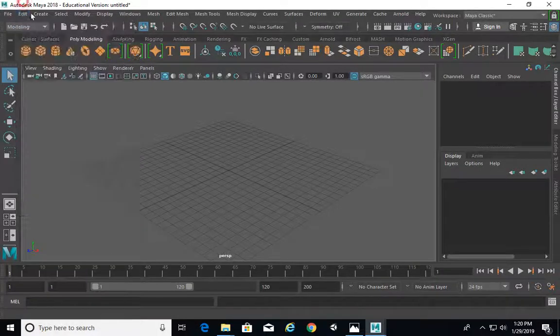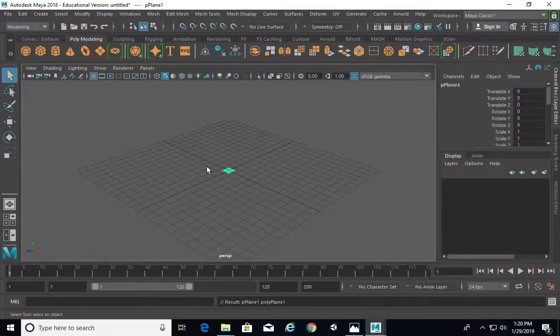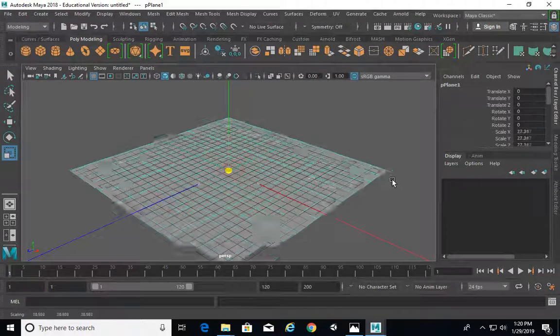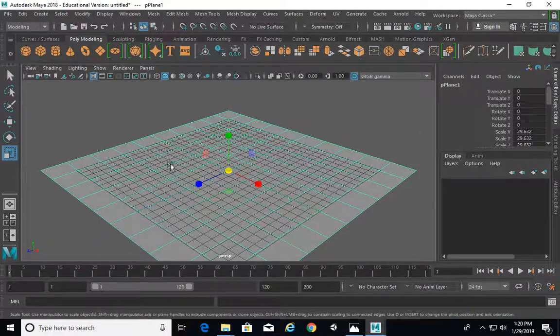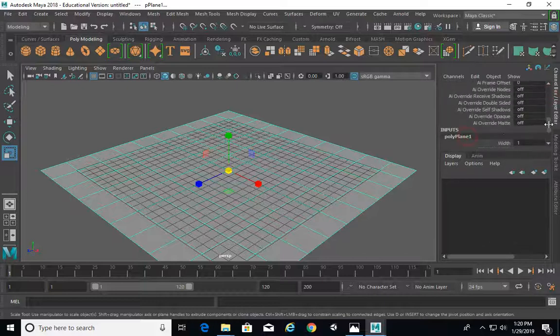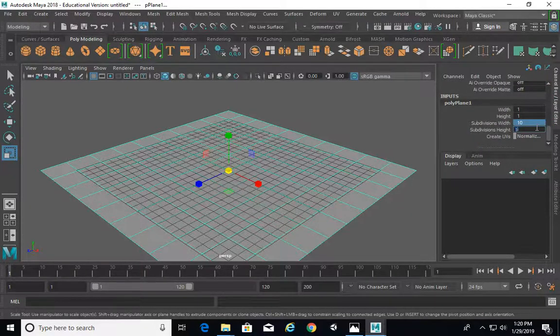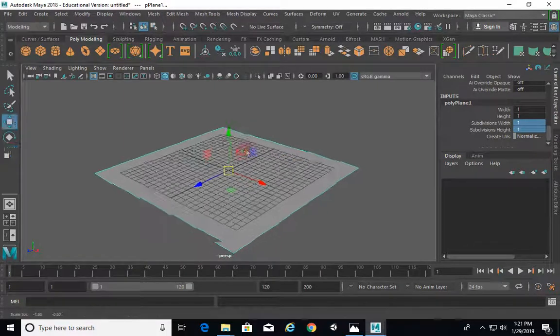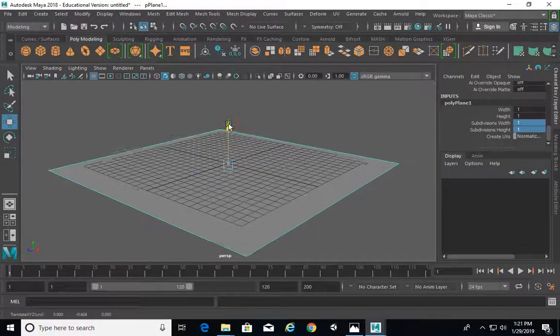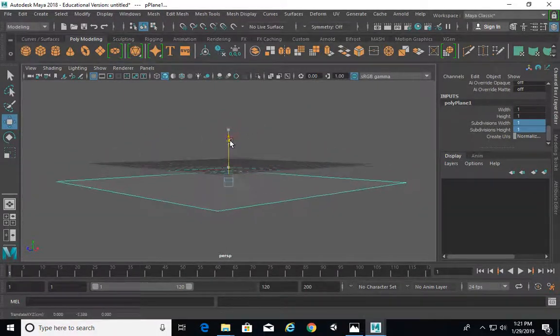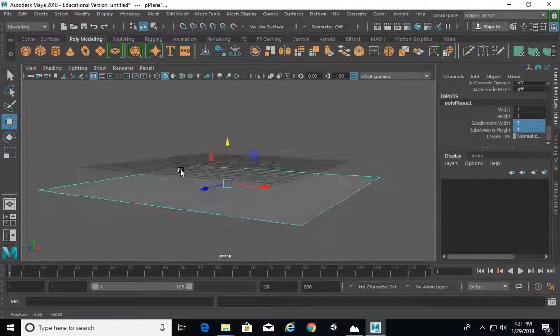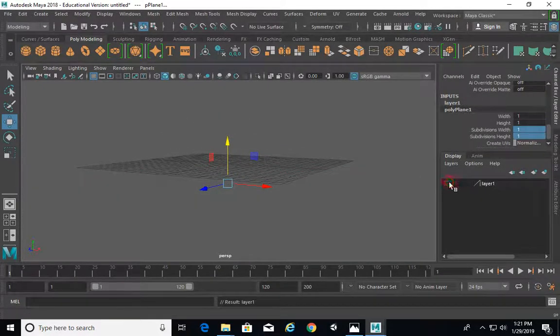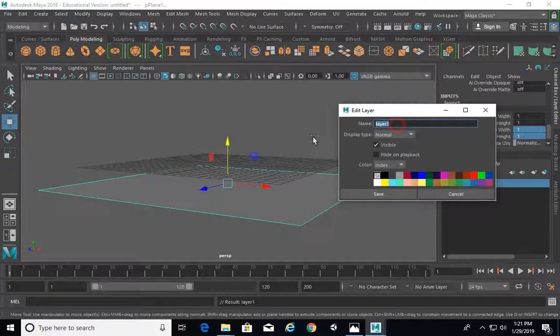So I'm going to create a reference plane. I'm going to make a plane here and scale it up to be about the same size as the grid. I'm going to get rid of the redundant edges by going into the construction history and reducing those to 1. I'm going to move this below the grid a little bit so that when I create new stuff, it doesn't overlap. And then I'm finally going to make a layer and assign it to a layer,